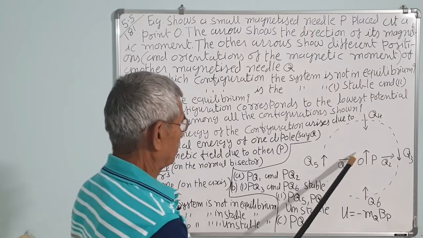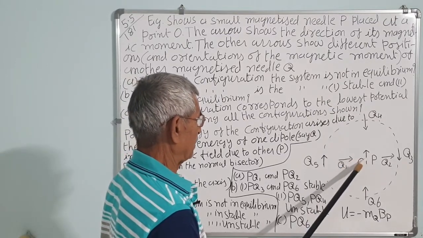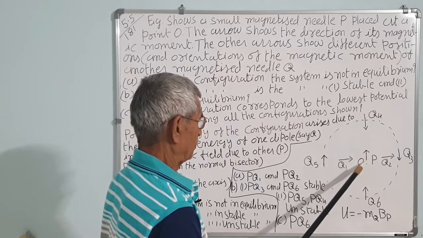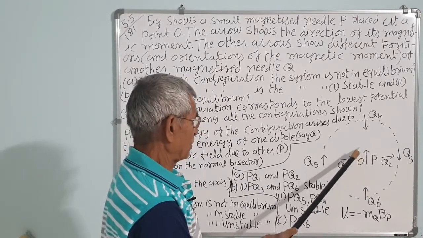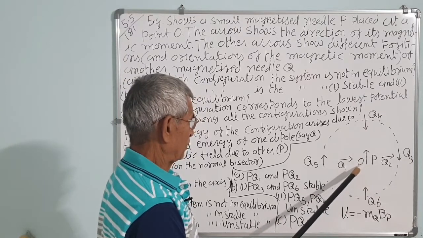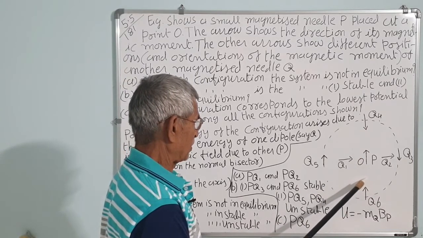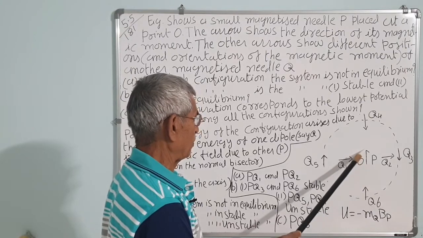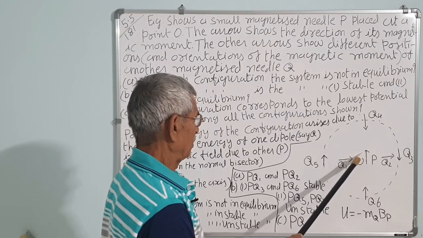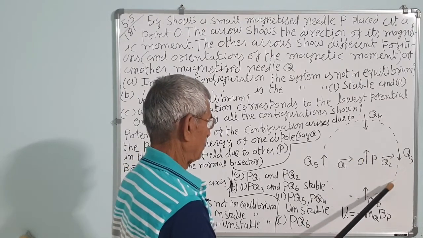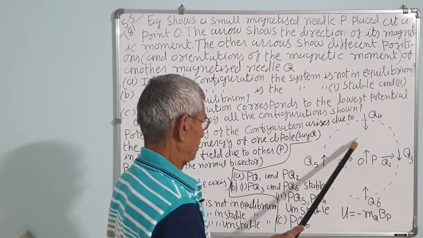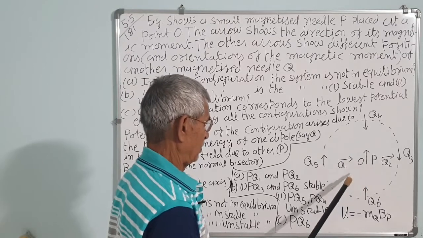So, due to this field, the dipole moment is in the direction as shown in the figure. So, this will be like maybe south pole here and north pole here, you can consider. Magnetic lines of force will be from north to south, they are continuous like this, they will go like this, correct.